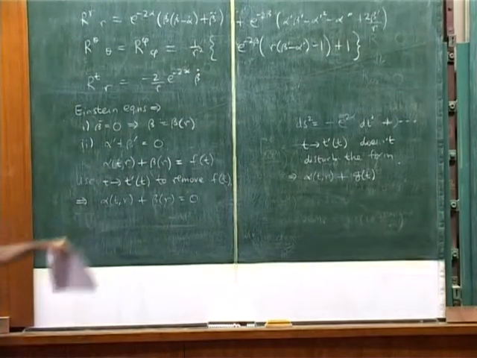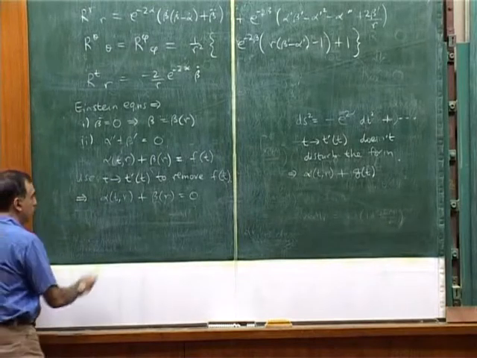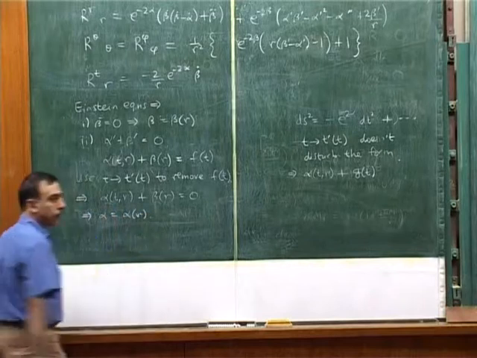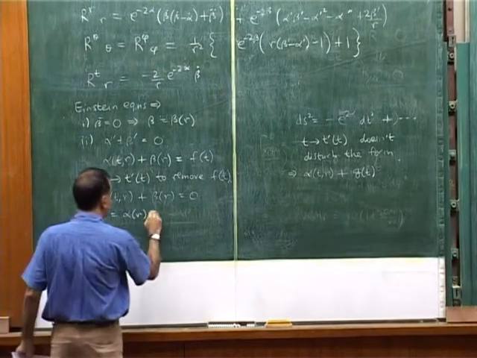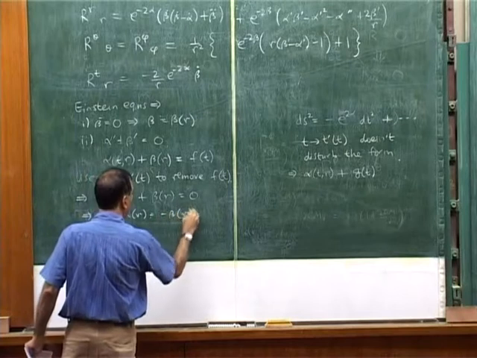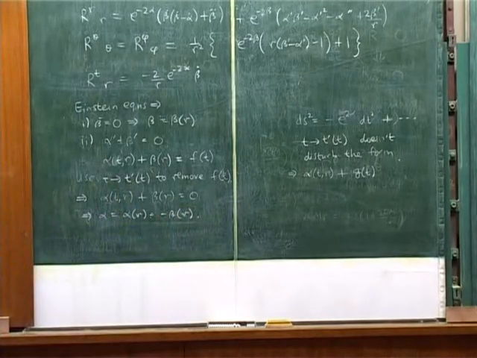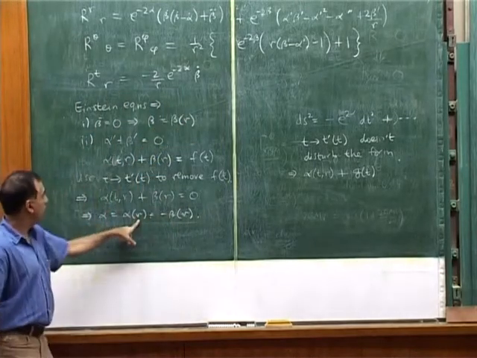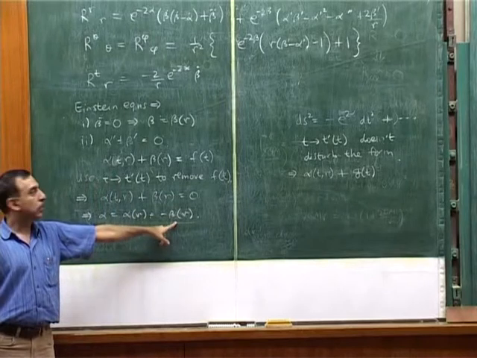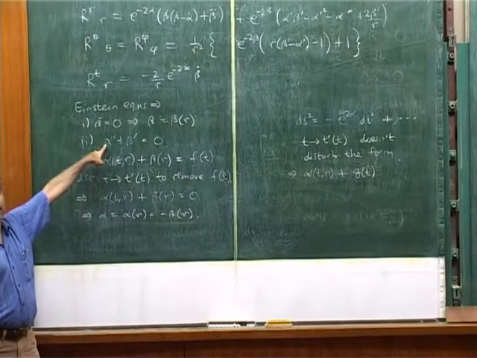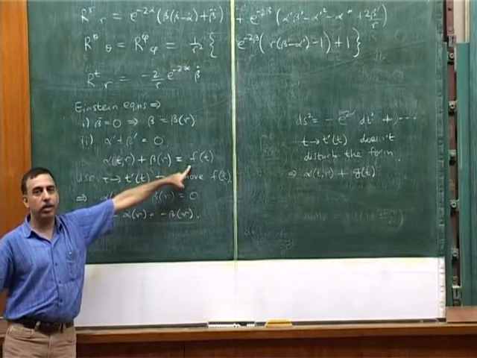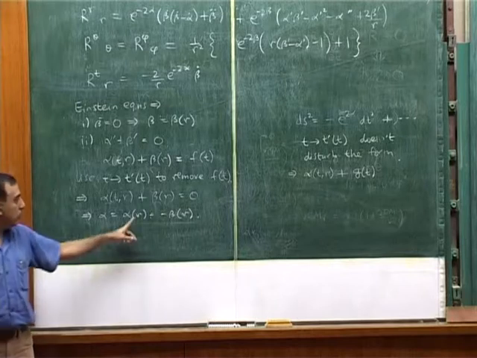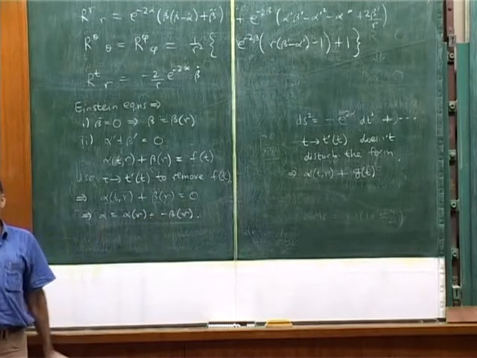Okay, so what does this tell us about alpha now? Of course, this proves that alpha is only a function of r, and it's equal to minus beta of r. So alpha is independent of t. So we did it in two steps. Beta is independent of t was an Einstein equation. Alpha being independent of t and equal to minus beta followed from integrating some other Einstein equation and using a coordinate reparameterization to get rid of some time dependence. Notice that by now, without still knowing the functional forms of alpha and beta, our metric is static.